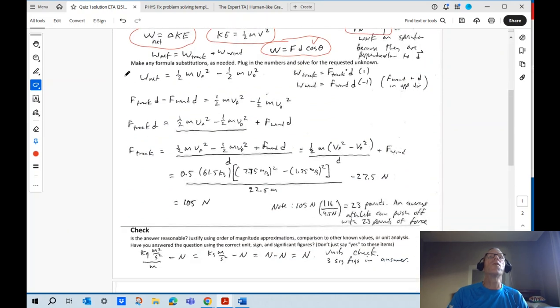So first I use the work equals change in kinetic energy formula. And then I use the relationship between work and each of the forces. And I already talked about that. The cosine of theta: the track is pushing in the direction of motion. The wind is pushing opposite the direction of motion. So then I plug